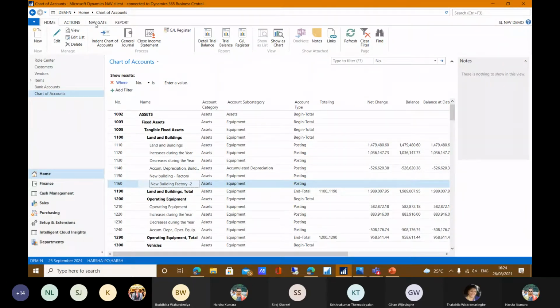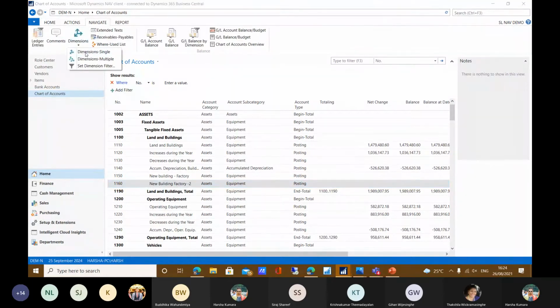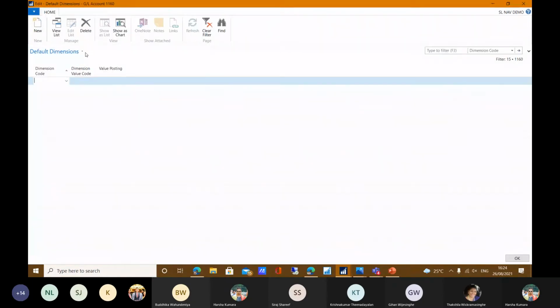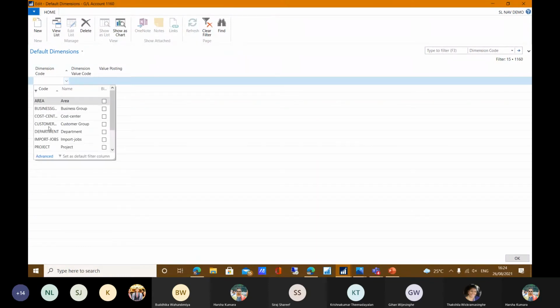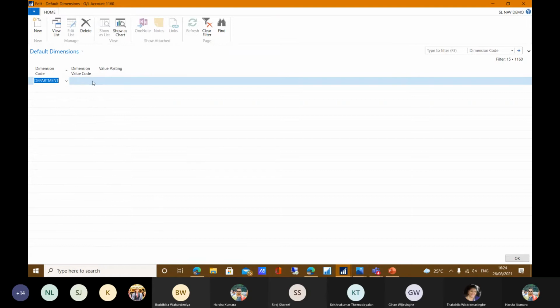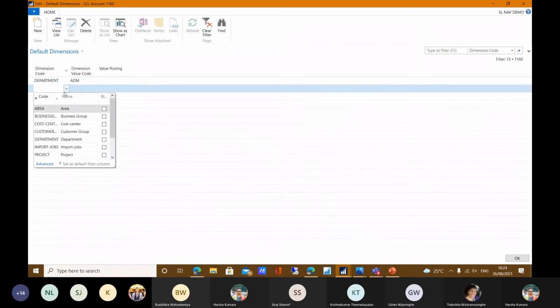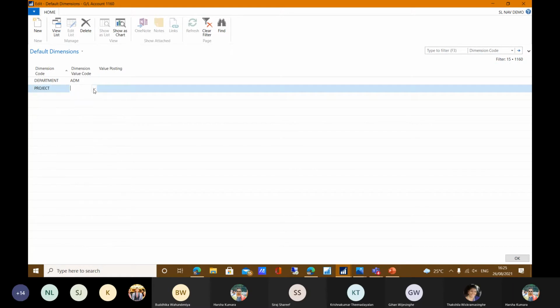In the list there is a button called navigate, and we can assign dimension. Dimension means, assume this chart of account, asset card, you have to control using the dimension. The department code should be administration, and your project, let's say you have some project, your project should be Toyota.